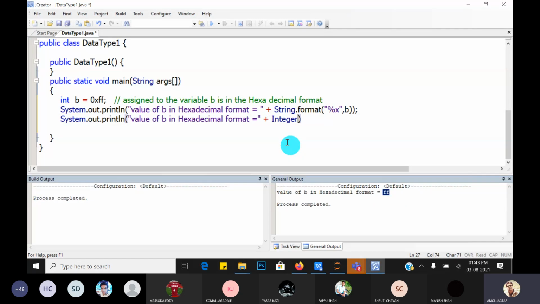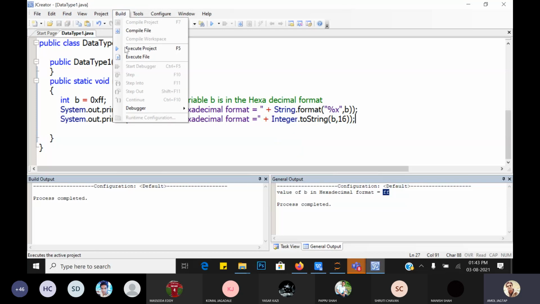So what is the method? Integer.toString. This is a method of the Integer class. It converts your variable value, that is b, into hexadecimal. Hexa means 16, so write 16 as the second argument. Let's check whether it works or not.